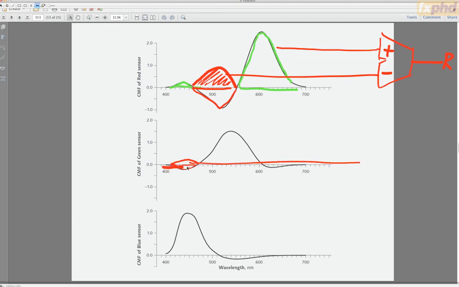But for engineering purposes, those two negative excursions are so close to 0, you can just call that green. And this excursion is so close to 0, you can just call this blue. So the idea is we have electronic compensation, and that produces the perfect sensing of the scene in just 3 channels. Now, that's the basis for all of the camera processing that you have to do, but it works out that you don't need the 4th channel.